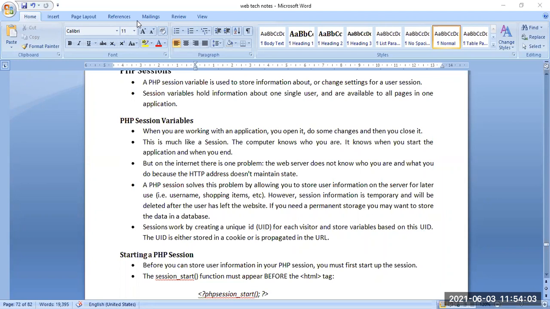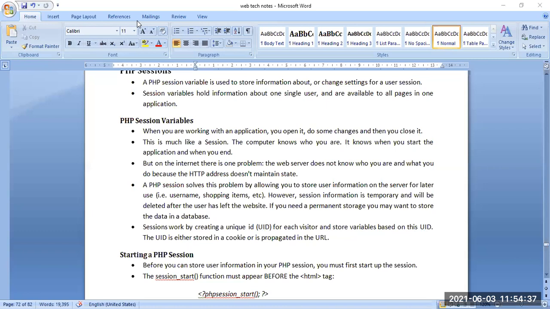We can store information such as the username and shopping items. So when we log into Flipkart, or when we are trying to buy something, that is where the user details and all those things are stored. The session is stored there. PHP does the storing of this particular session, so PHP solves the issue of how to access the user data when the user is logging in.